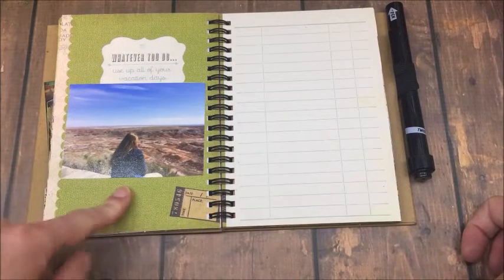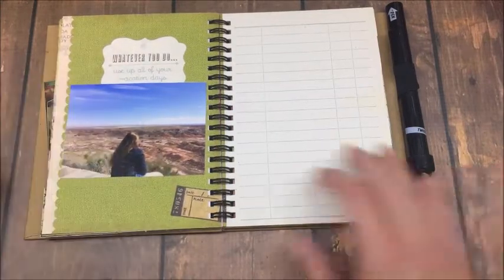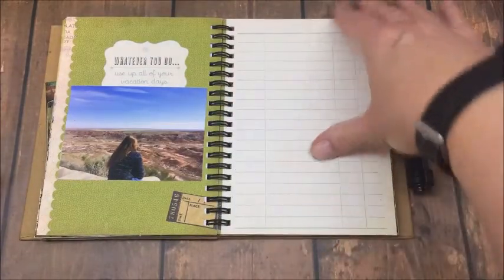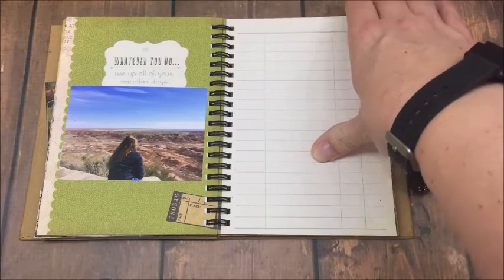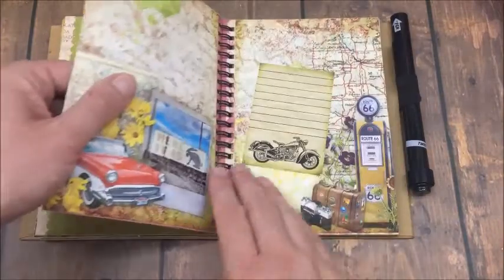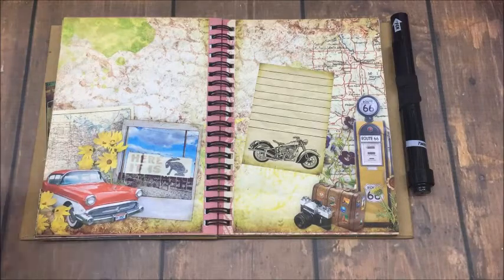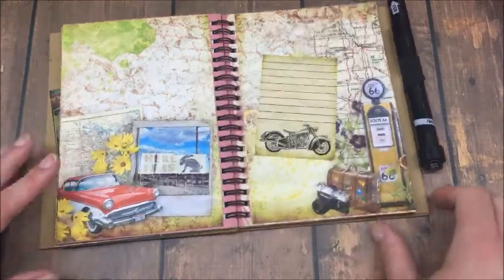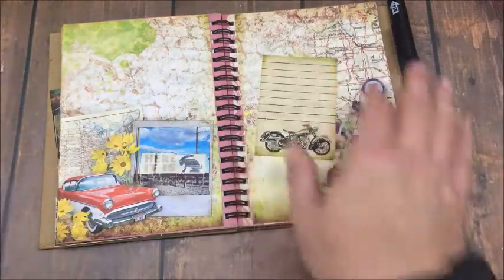Okay, this is a picture of my daughter overlooking the Painted Desert. Love this picture of her. A journaling spot. I left some open spots for my kids to write, so it wasn't just me, because I think this was probably one of their most favorite trips we've ever taken. Journaling block here. Again, I am a 50 Chevy girl. I mean, that's my dream vehicle, only in blue. That's a 57. I want a 56, but still,